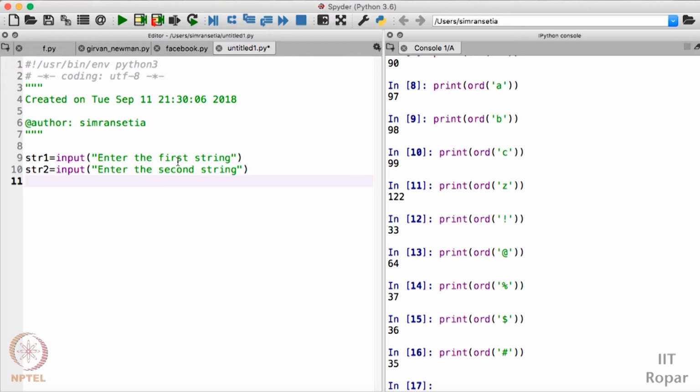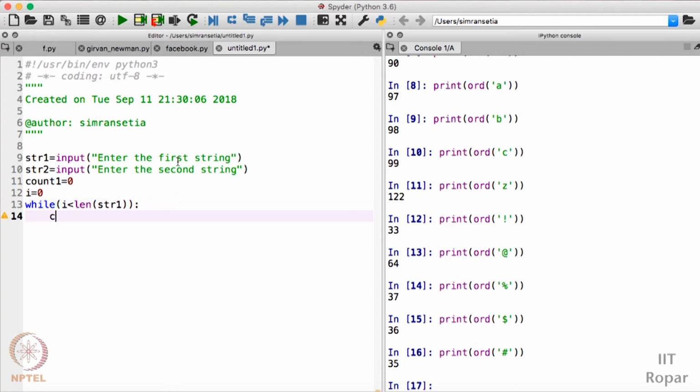So I'll just write the code to sum the ASCII values of characters present in the string. So we'll take count1 here. I'll initialize it to 0. I'll take a variable i here. We'll use a while loop here. I'll run the while loop till the length of str1, since we are trying to find out the sum of ASCII values of str1. And what should I write here?